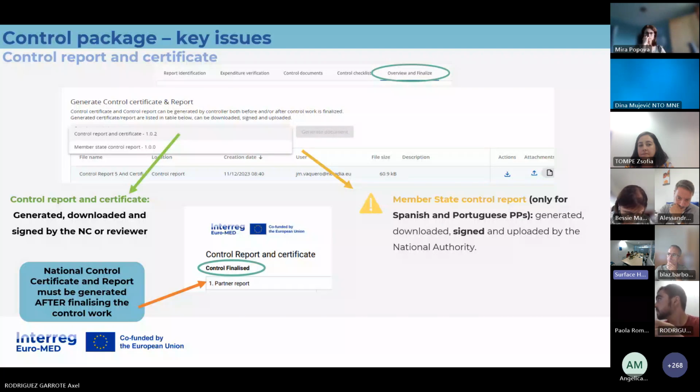Then it signs it, and then attaches it again in the same section, in the same line, just clicking on the other arrow that goes upwards to the right. And then the attachment will appear next to that line. So everything, the downloading of the document and the attachment of the signed version, is done in the same area, the bottom of the overview and finalize section of the control board.